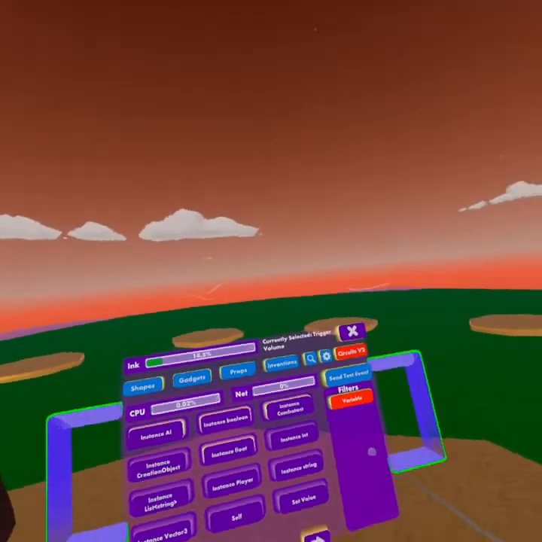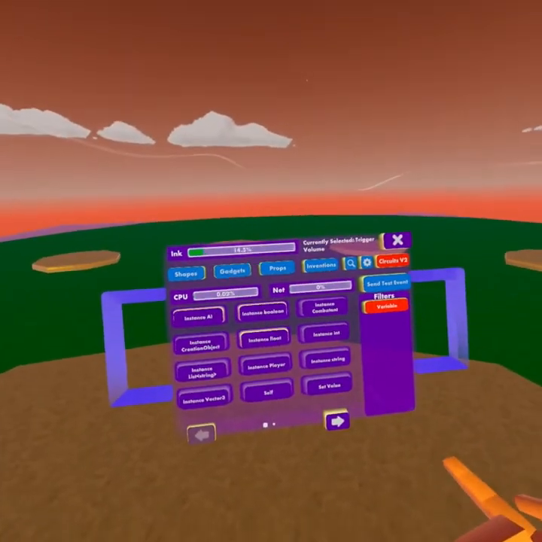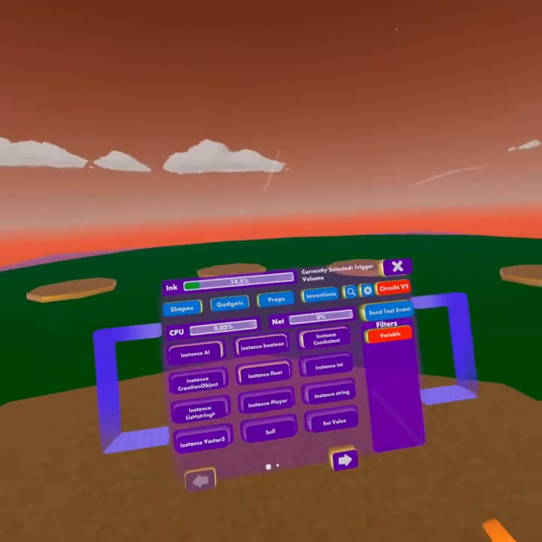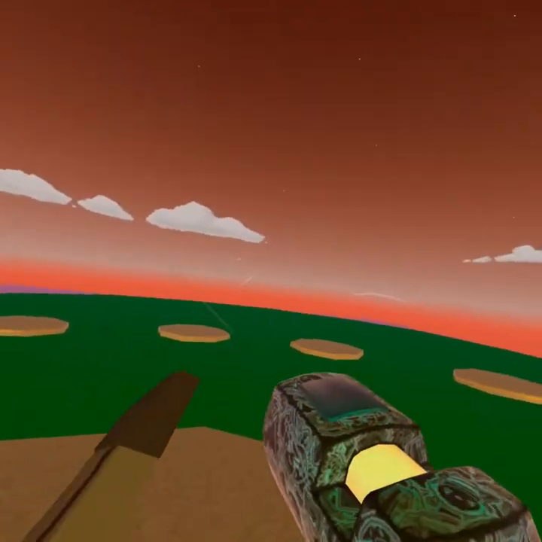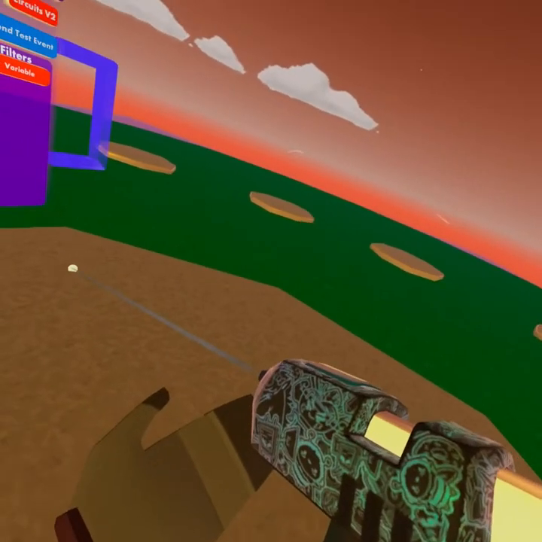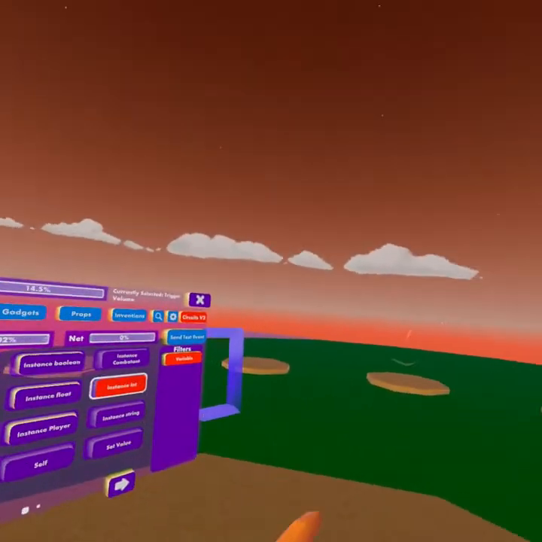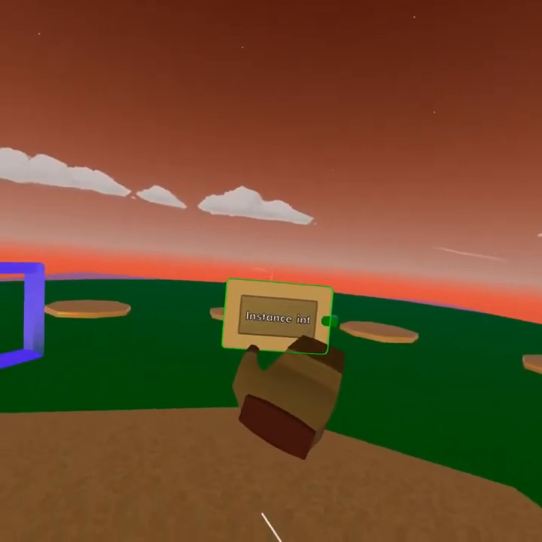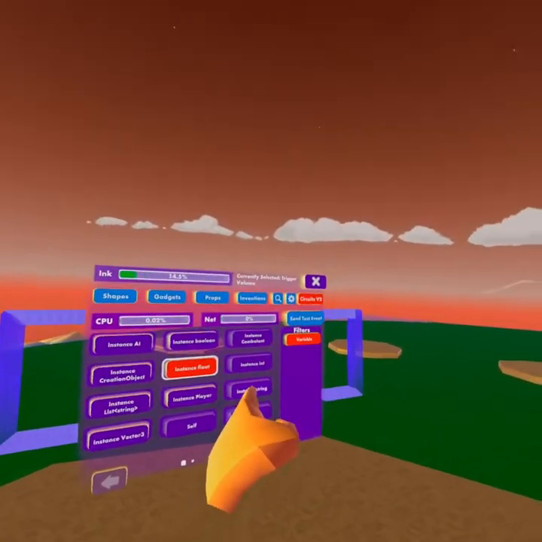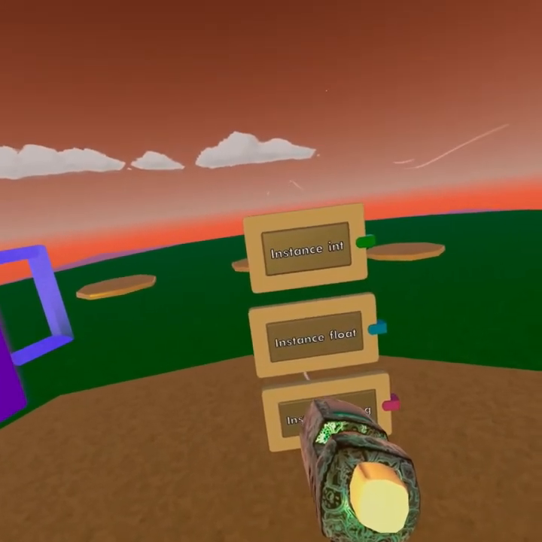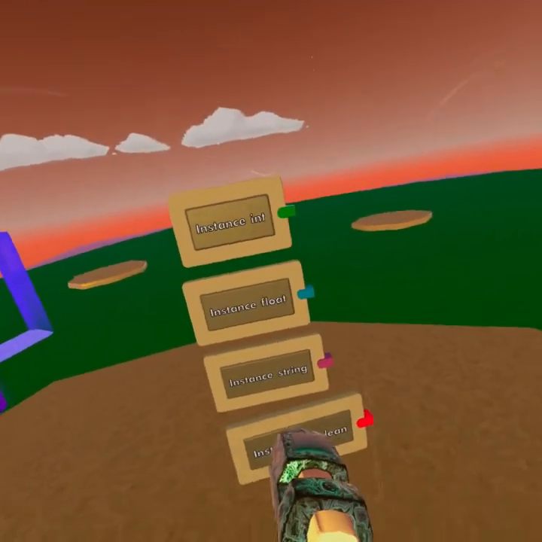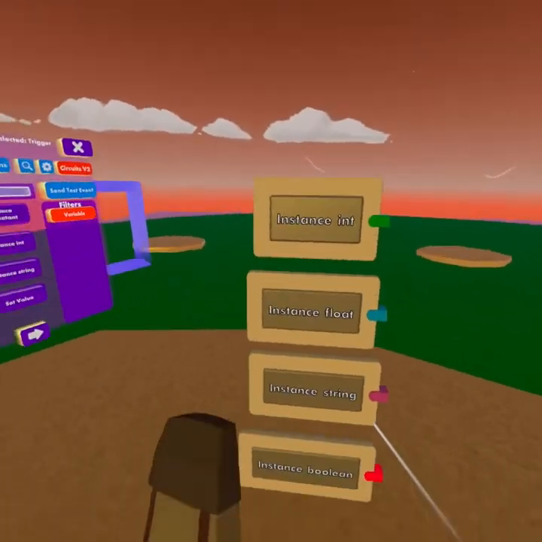So, we're gonna go over the variables first, because this is the easiest way for me to demonstrate and show you different pins you'll be able to use throughout your experience with Circuits V2. We're gonna start off with the core material. With that I mean things that we'll see in every programming language, every game, pretty much anything. That is instance int, short for integer, instance float, short for nothing, it is float, instance string, which is also short for nothing, and the instance boolean. Now what are these exactly? Basically instance int